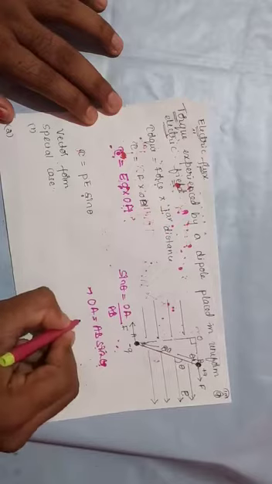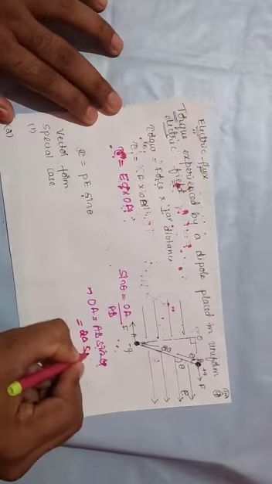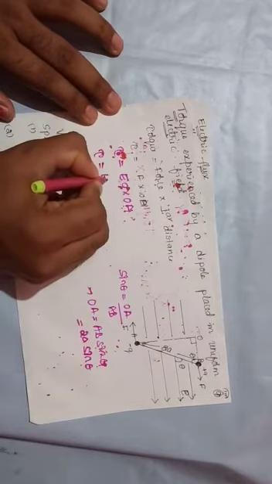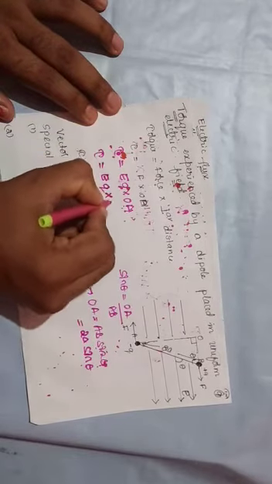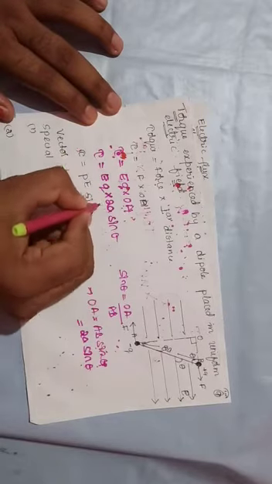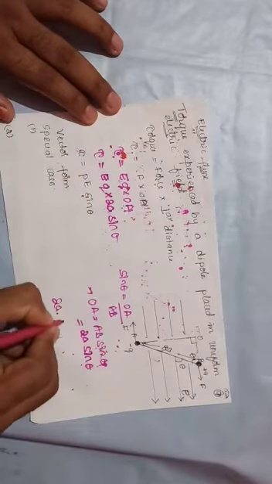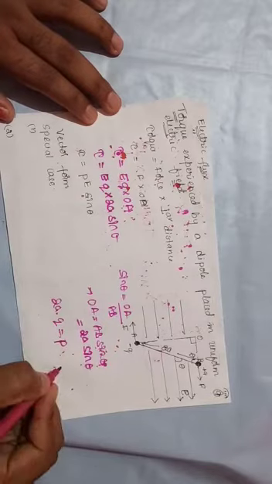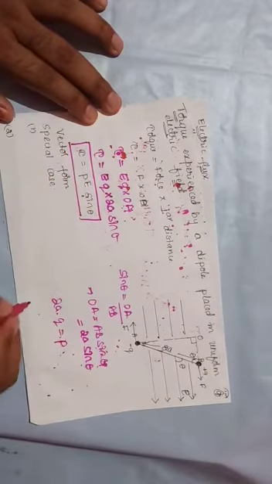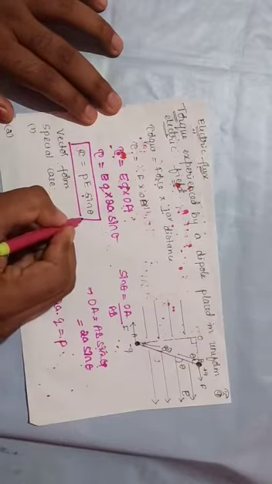But what is AB? AB is nothing but 2A. Therefore OA is 2A sine theta. Now substitute here: tau is equal to E into Q into 2A sine theta. But what is 2A into Q? 2A into Q is nothing but P, the dipole moment. Therefore we get the final equation as tau is equal to PE sine theta.